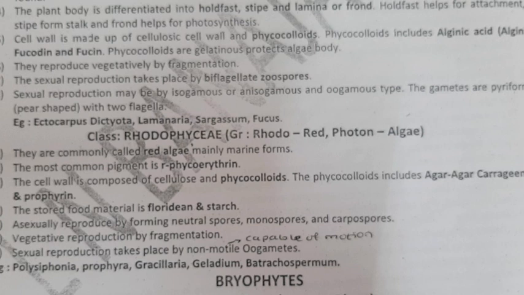In Rhodophyceae you have to remember the reserve food material is floridean starch, and the cell wall is made of cellulose and phycocolloids, that is agar-agar or porphyrin is present. Then both the Phaeophyceae and Rhodophyceae are marine forms of algae. Next we will move to another important topic that is very important for your final examination, that is the economic importance of algae.